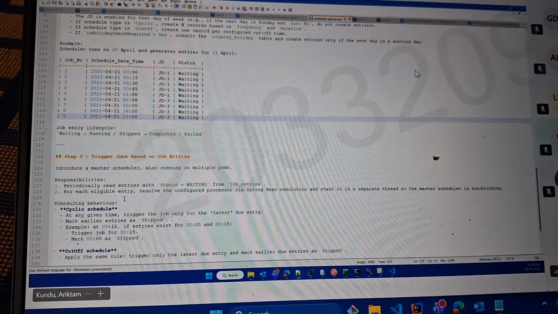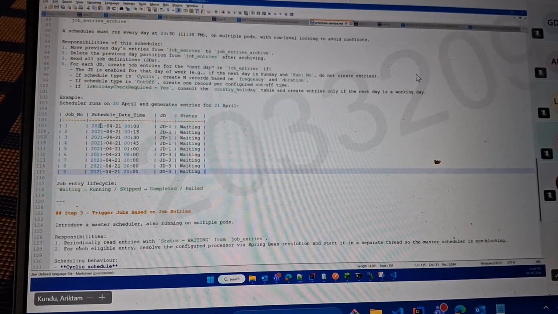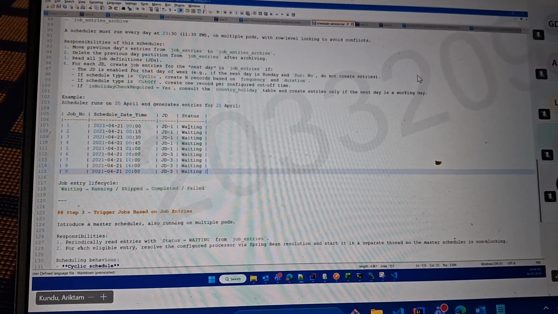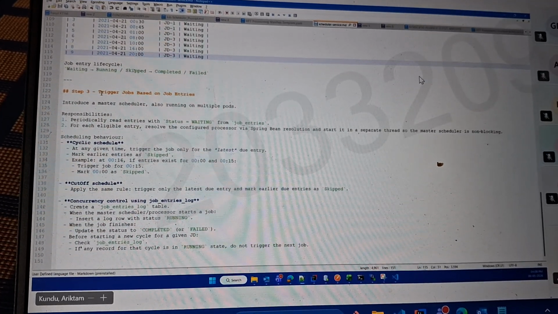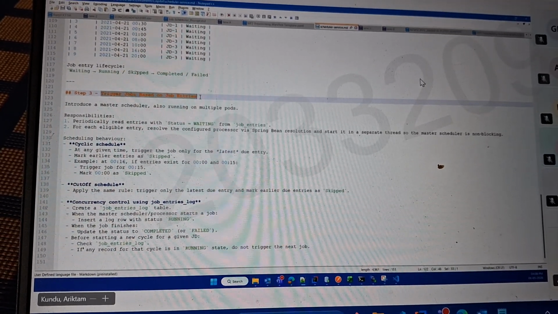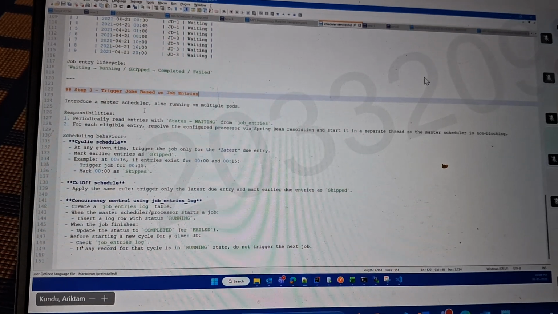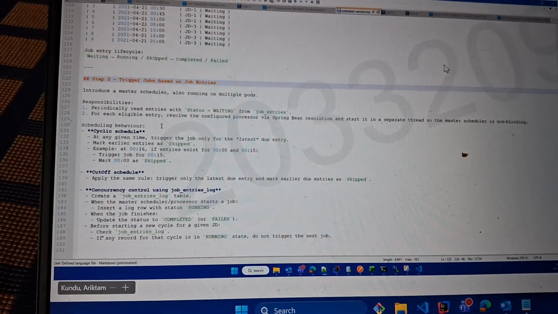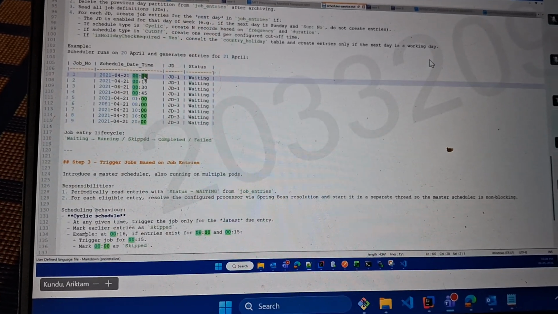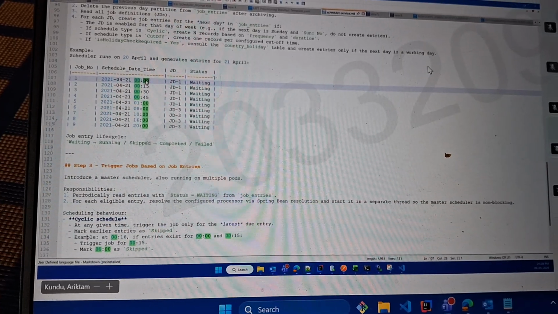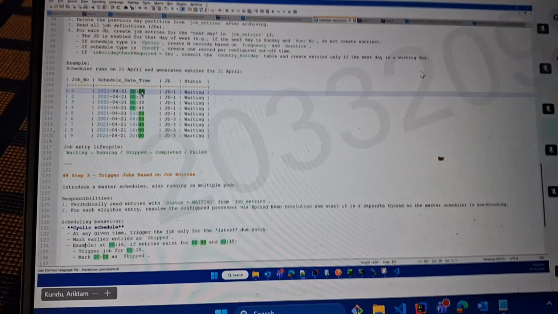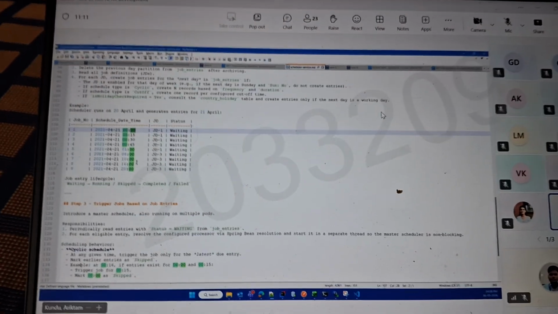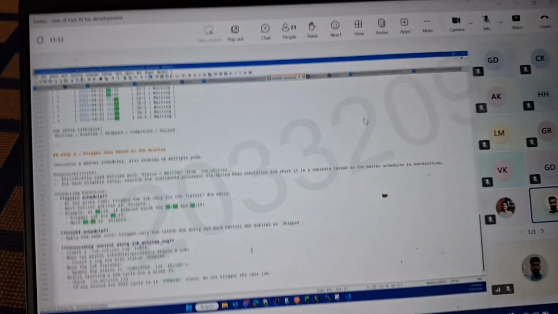And at the same time, when it is time and it is triggering the job, it should put an entry into another table, the trigger jobs table, the job entries log table, so that we know this job was picked up at this particular time, and the trigger was done to the downstream process. So that is one more table. Based on this, what we did is